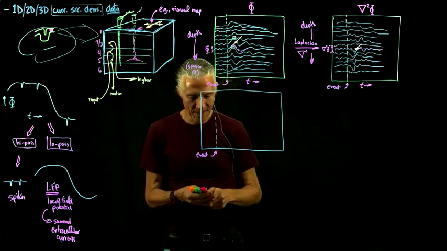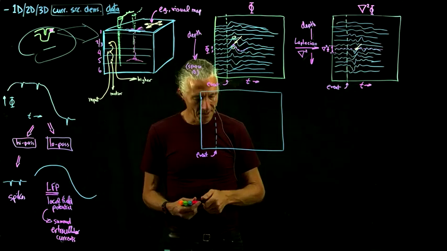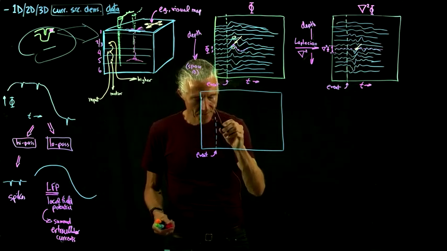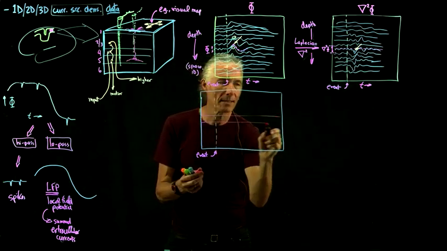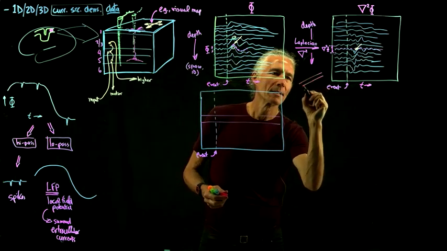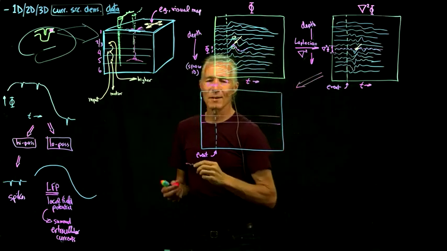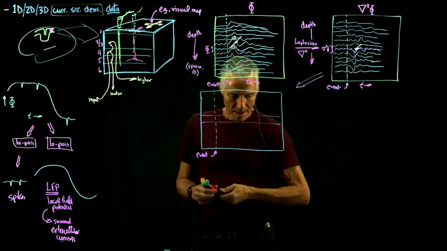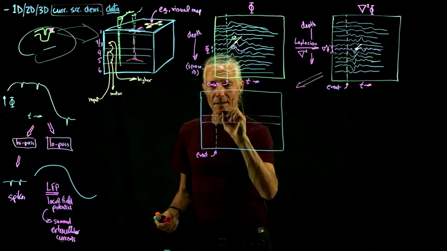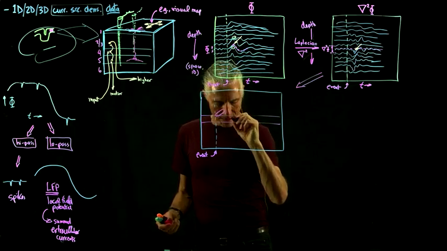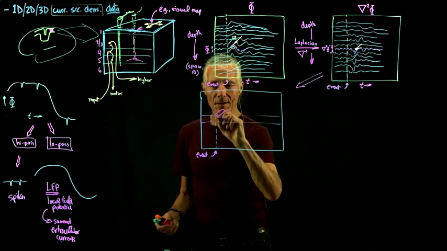So what does the actual data look like? Let's colorize that data. It looks something like that, and something like this,